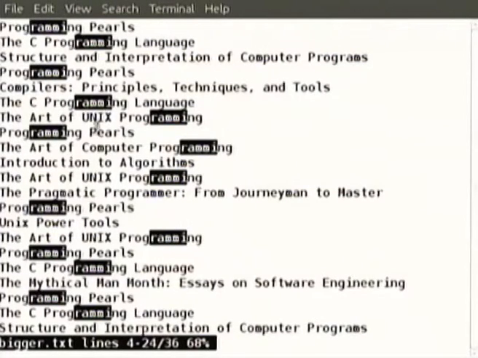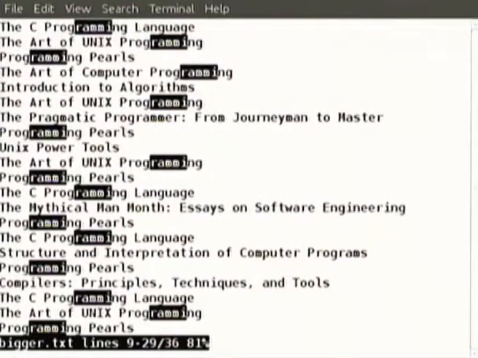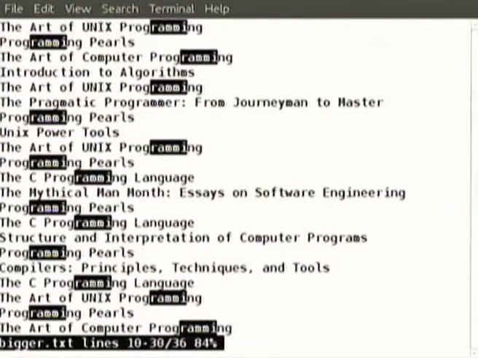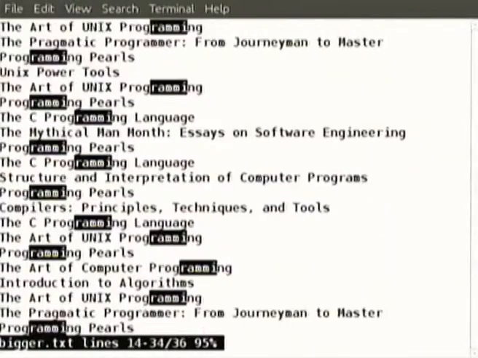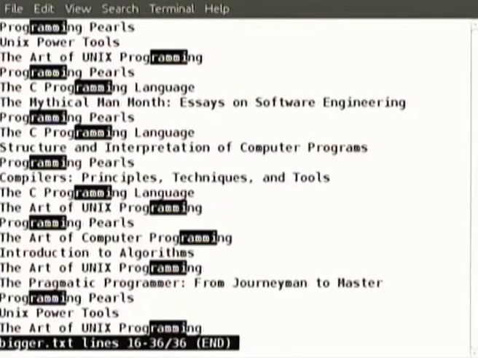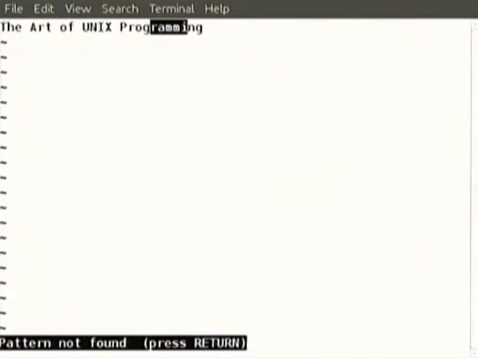Yeah, in fact, programming is the only place where it has come. And luckily there are many in the same file, in the same screen full. They are all being highlighted. When you press N, the next one comes to the top of the line. Yeah, the same pattern will come to the top of the screen full that we are seeing. Yeah, this is the last pattern being shown.